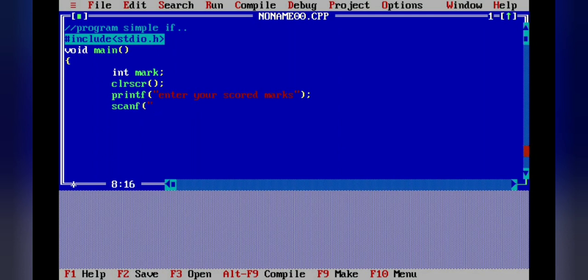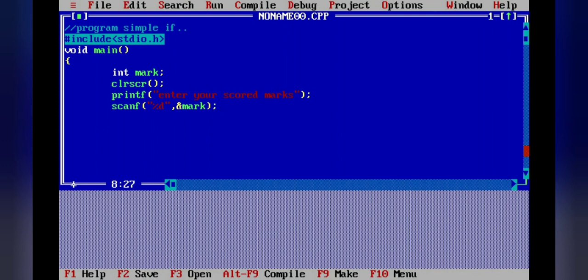Then, as per the scanf statement syntax, we have to write the control string based on its data type. Here mark is defined as an integer, so the control string is %d. Then we put a comma, and along with the ampersand sign we write our variable name, mark.